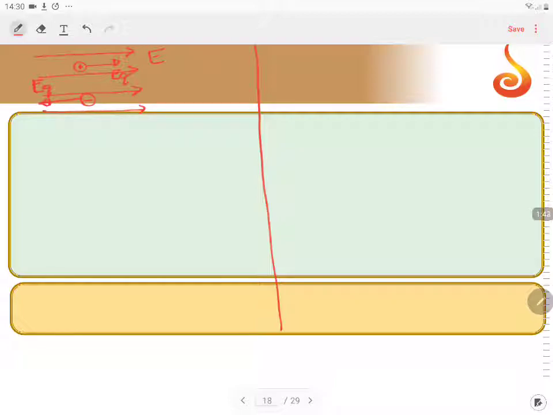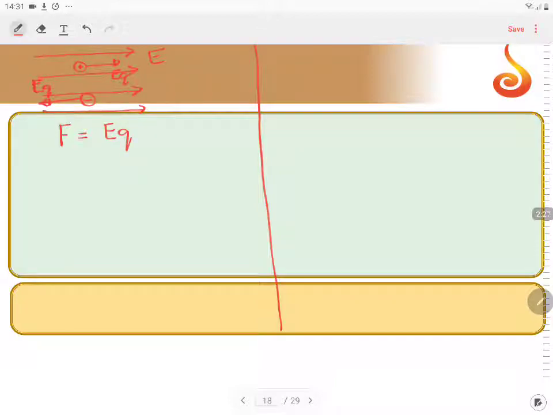So here a positively charged particle has been released from rest. So it will experience electrostatic force in the direction of electric field and it will accelerate. So we need to find the acceleration and then we need to find what is the velocity acquired after t seconds. And then with that velocity, we are going to find the kinetic energy acquired by it. If we neglect gravity here, only electrostatic force will be acting on the positively charged particle. So F equal to EQ. This is the electrostatic force.